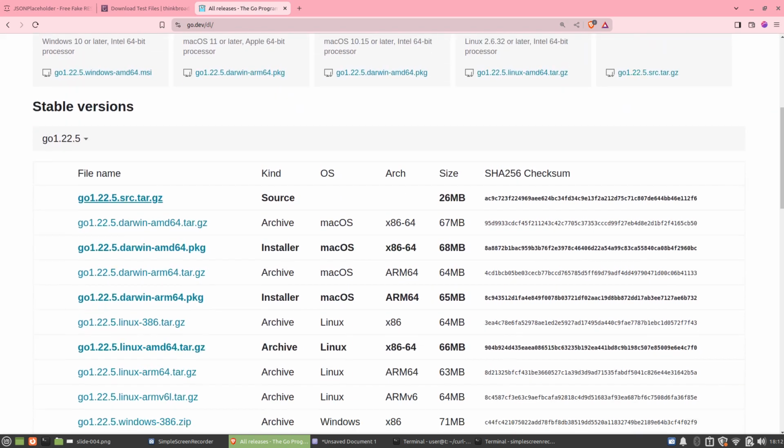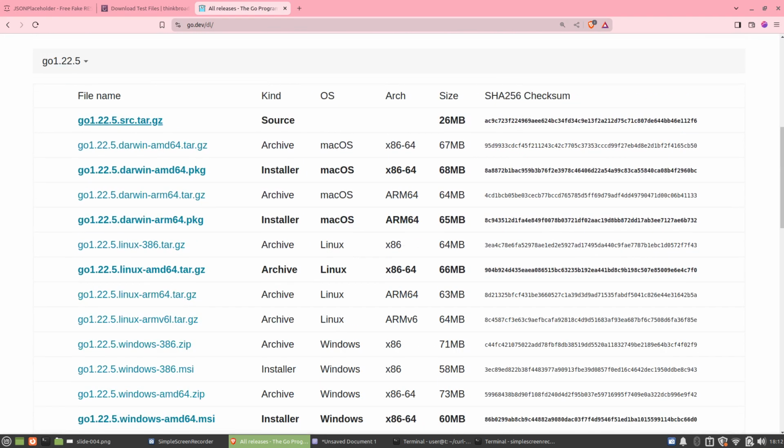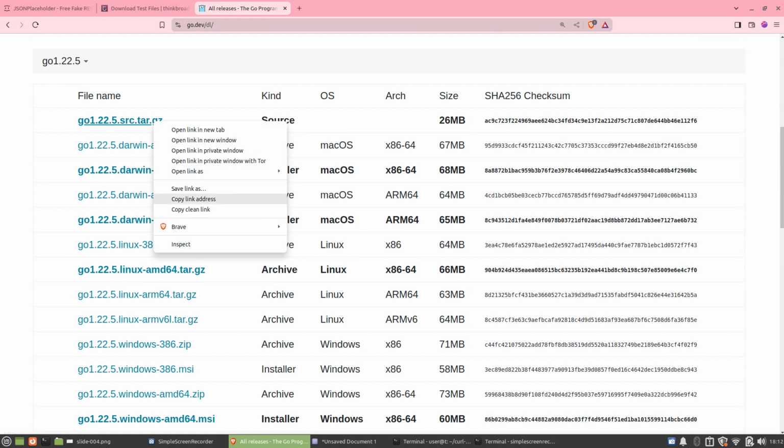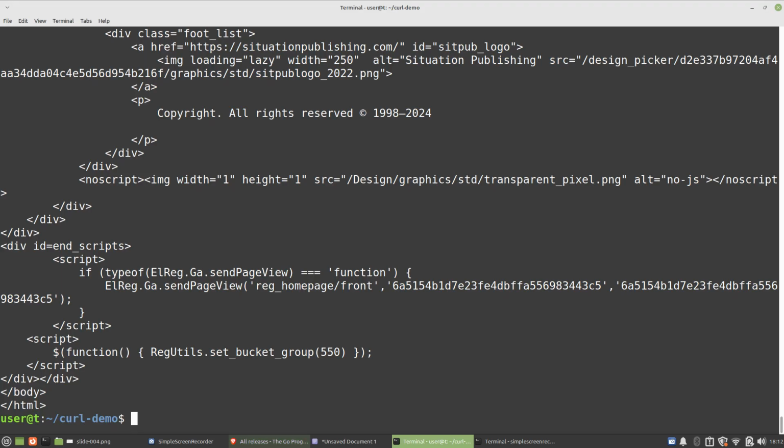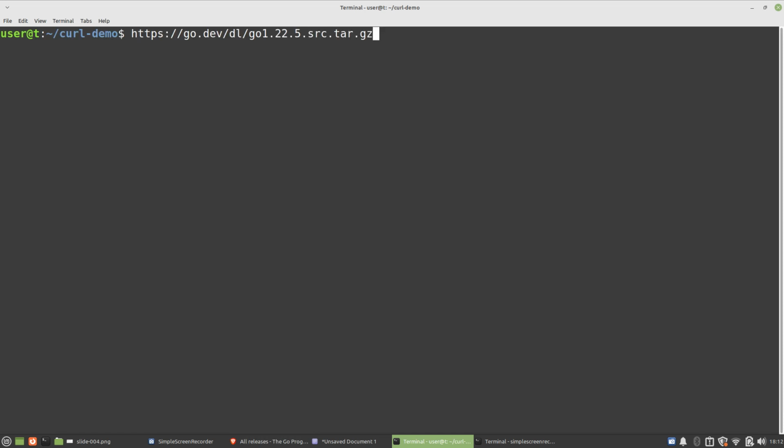So what I'm going to do here is get the link for the Golang source code, and I'm going to copy that link, and let's clear the page. I'm going to paste that in there. So that is the link, and if you look, it says that it's under go.dev/dl/ the file name. Now, maybe that's true, that it's under a directory called DL and it's just sitting there, but you can already see that it's kind of too good to be true. In actual fact, that's probably not a real directory. That's probably some code that's sitting in there that is then going to redirect us,